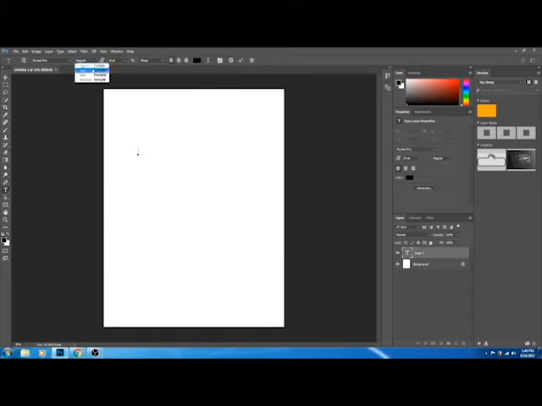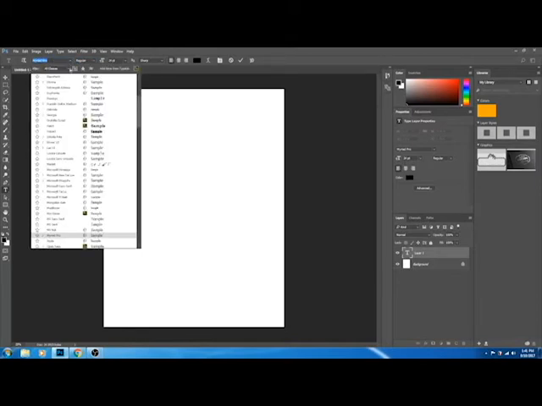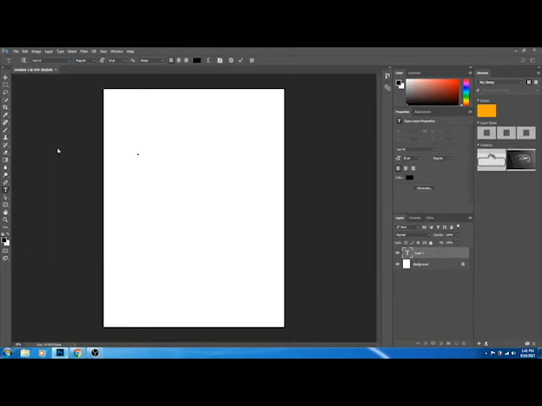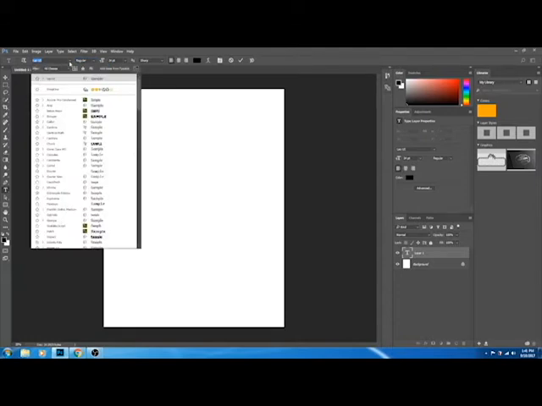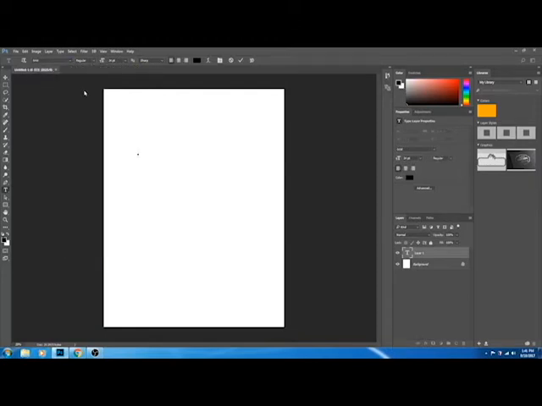This here gives us a few options. Now all fonts don't have this option. So for instance, Myriad Pro has this option, but Lucida UI only has a regular and a bold option. So all fonts have different variations. Some fonts don't have any variations at all. So most computers have Arial, whether you use Mac or PC. So I'm gonna stick with Arial, and we're gonna type the words